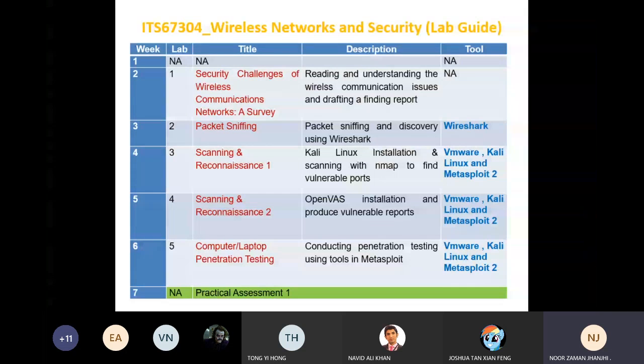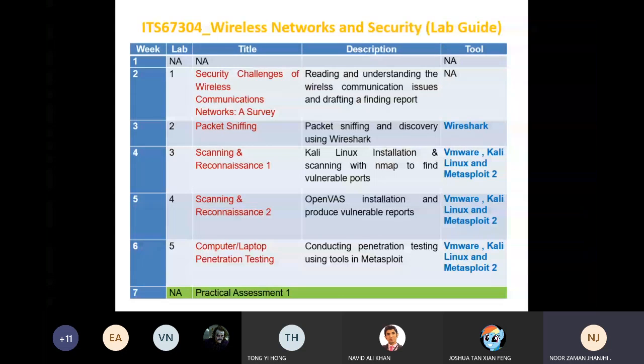Column number 4 is the description, of what we are supposed to do in that particular lab. And the last one is the tool, which explains what is required for that particular lab. So this is how we will continue.